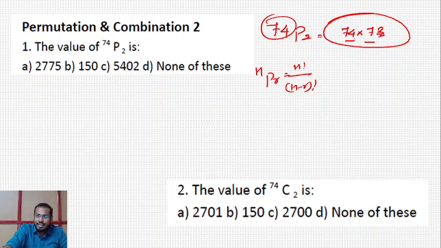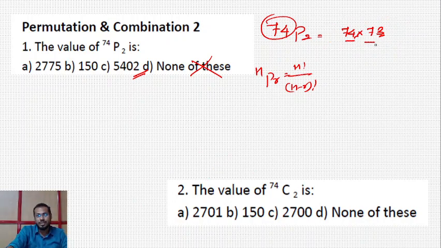4 into 3. Take the unit digit. 4 times 3 is 12. So my answer will be ending with 12. If you had doubt, you can just check this. If none of these is given, directly I can take 5402 as the answer. Right. And next question,